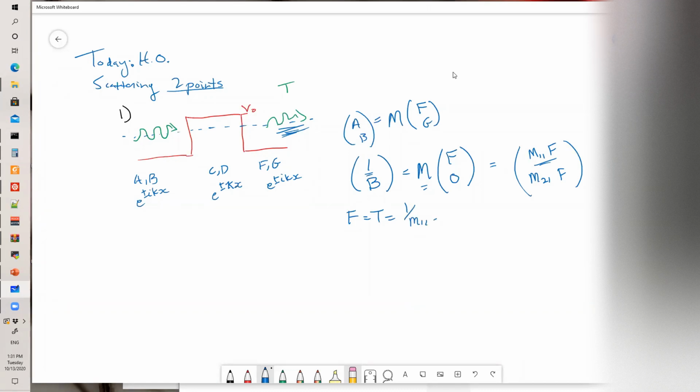And you can work out what M11 is explicitly. When you do that, you'll find that the transmission amplitude squared, which is the probability that the particle is transmitted, is 1 over